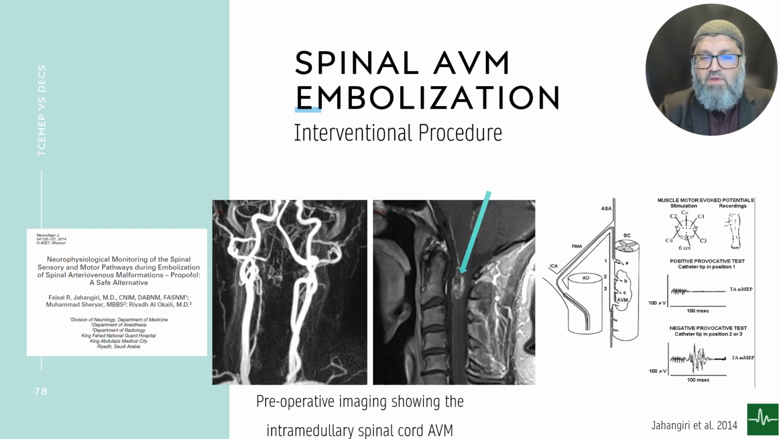Spinal AVM embolization. If any patient has an AVM that has to be embolized, we published data where we use propofol and lidocaine for the spinal work. If you want to embolize, you have to make sure the vessels are not vital to the corticospinal tract. So we inject lidocaine and then we inject propofol one at a time, and then check the MEP and